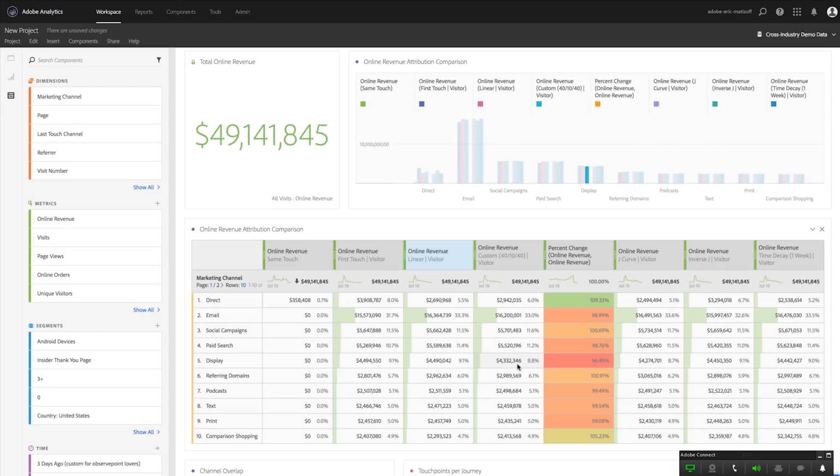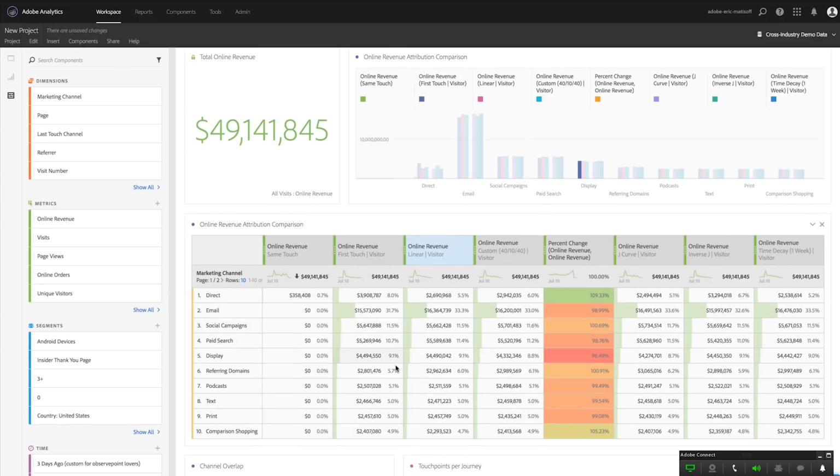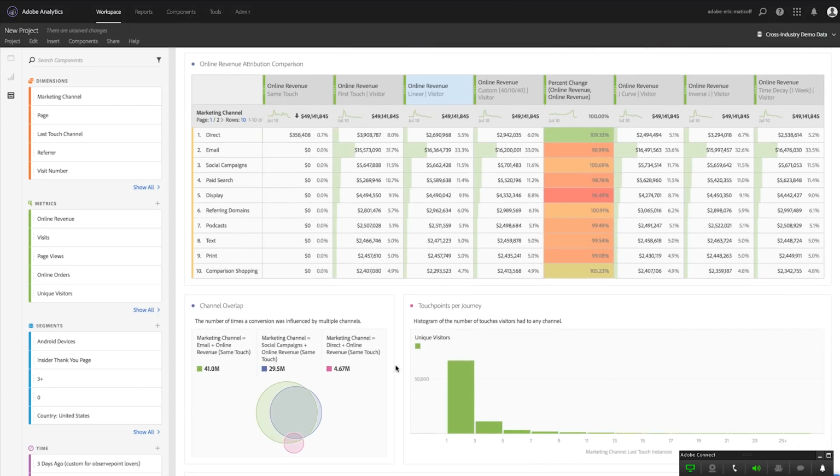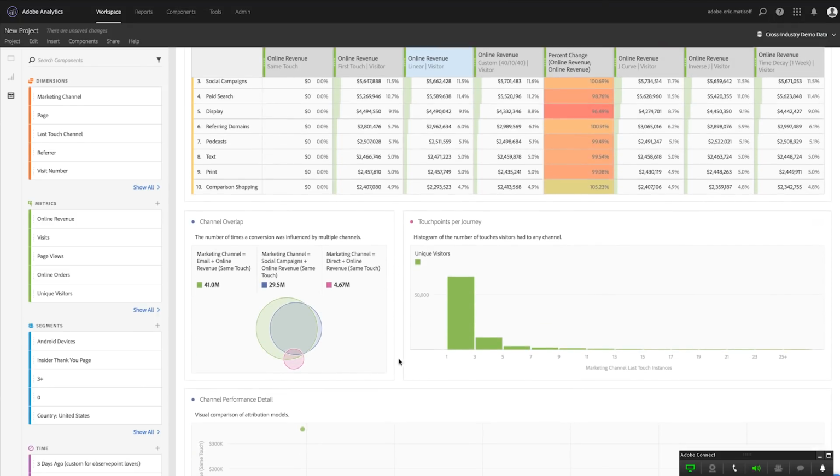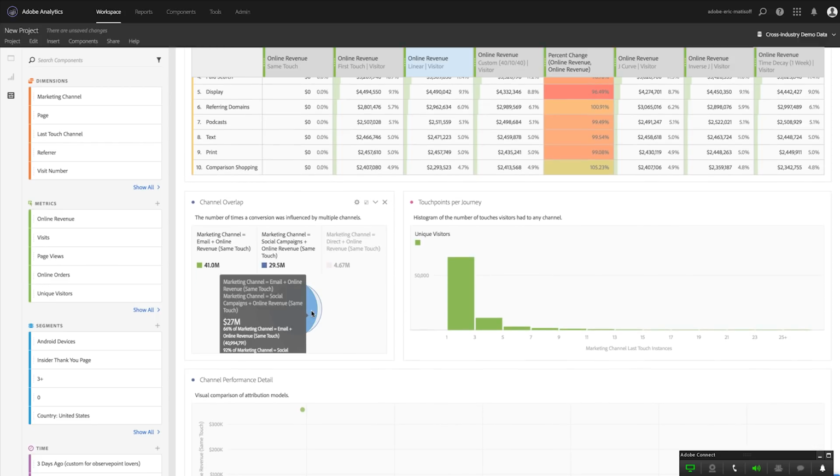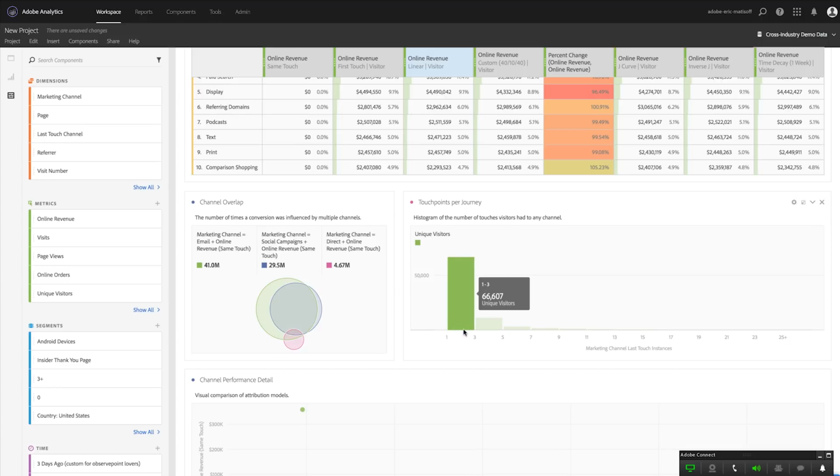So some really powerful ways in which we're enabling attribution right here in the interface, not only in the panel, but also in tables. Now, rounding out the remainder of the Attribution IQ panel, you can see that we've pre-built a channel overlap for you that compares and contrasts each of the different top marketing channels associated with your metric. As per the usual, within a Venn diagram, you can right-click and create a segment from that selection also. If we head on over to the right, then we can see each of the different total number of touches